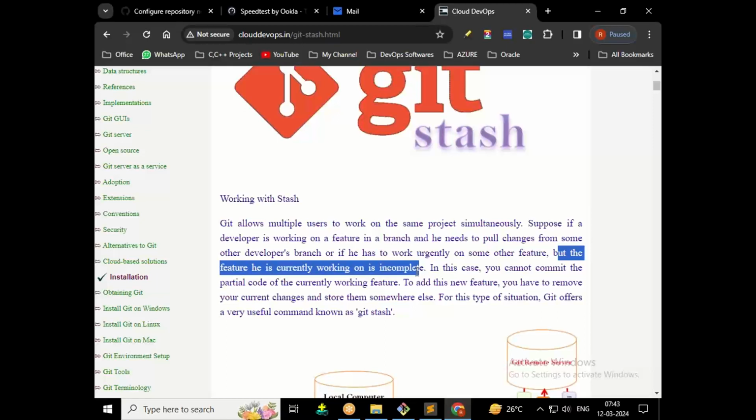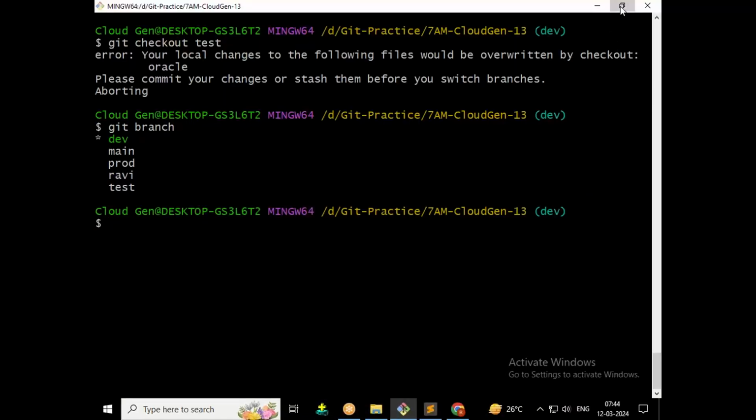After that, I am trying to switch to another branch, because whatever requirement he is asking for, that file is located in another branch. For sending that file, I am trying to switch. Even wherever I kept that file, if you observe this one, you can see